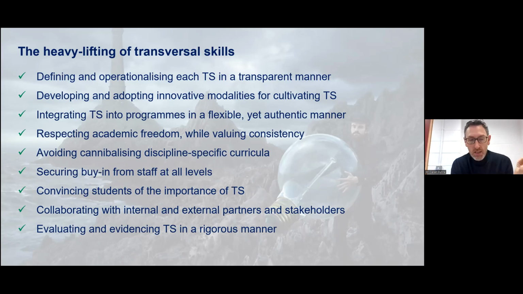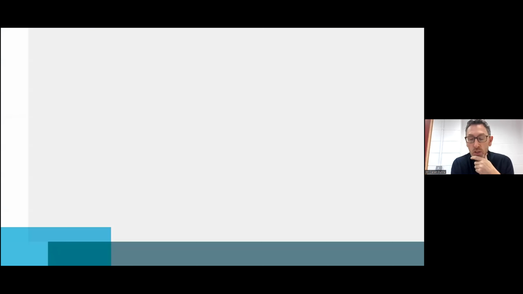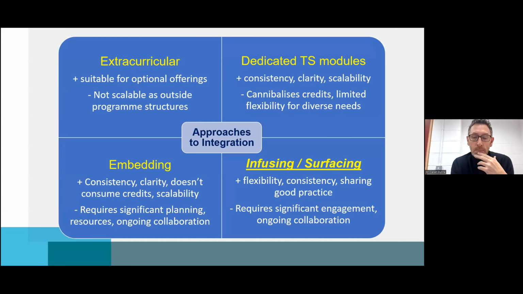How do we evaluate if someone is a creative thinker? How do we evaluate if someone is personally agile? These are huge challenges from a teaching, learning and assessment perspective. And then how do we evidence those things? I know Kevin will talk about this, but very quickly, we've identified four strategies for transversal skills. Number one, you make them extracurricular, outside the program structures. That's all well and good, but if they're all extracurricular, no one's going to do it.